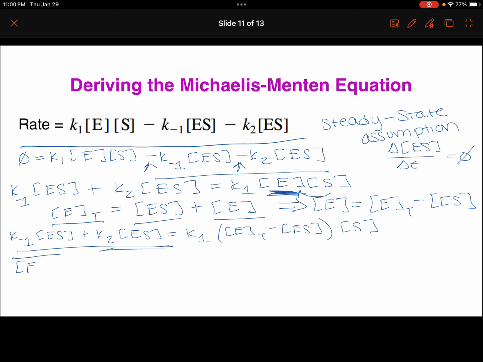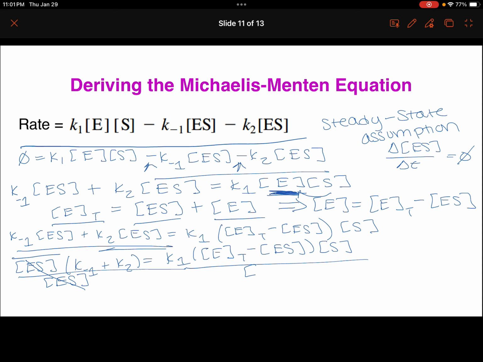So enzyme substrate complex times K minus 1 plus K2 is going to be equal to K1 times all of this. We're going to divide this over. That's going to cancel. Right. So then we have